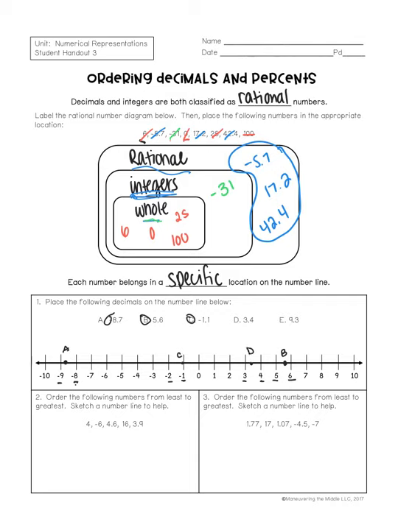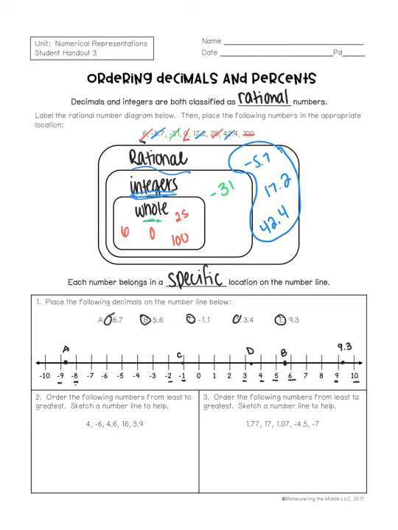And then E, 9.3, would be between 9 and 10, and it's going to be closer to 9 than 10. Okay. So when you order numbers, you think, okay, obviously negative numbers are the smallest because they're less than 0, right? And the bigger the negative number, the smaller it actually is because the farther away it is from 0. Positive numbers,